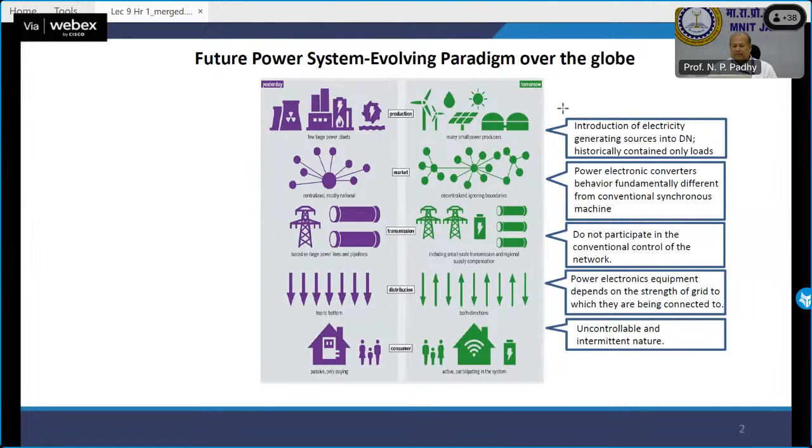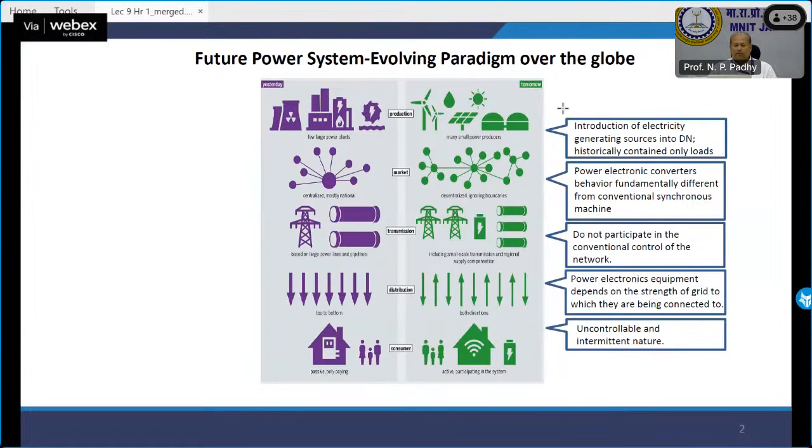So this is, see how future power system evolving paradigm over the globe. Introduction of electricity generating source into distribution network historically contain only loads. And you could see the violet one is yesterday and the green one is tomorrow. That means how the system was in the past and how do we see the system for tomorrow. You see, previously we have very conventional power plant, coal, nuclear, like that, okay. Today we have wind, we have PV and many more things, okay. And the centralized,